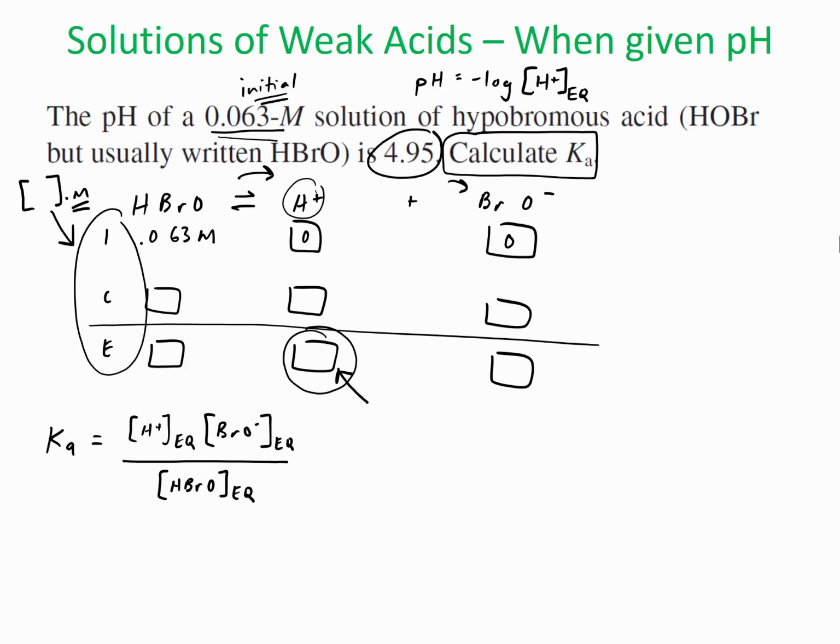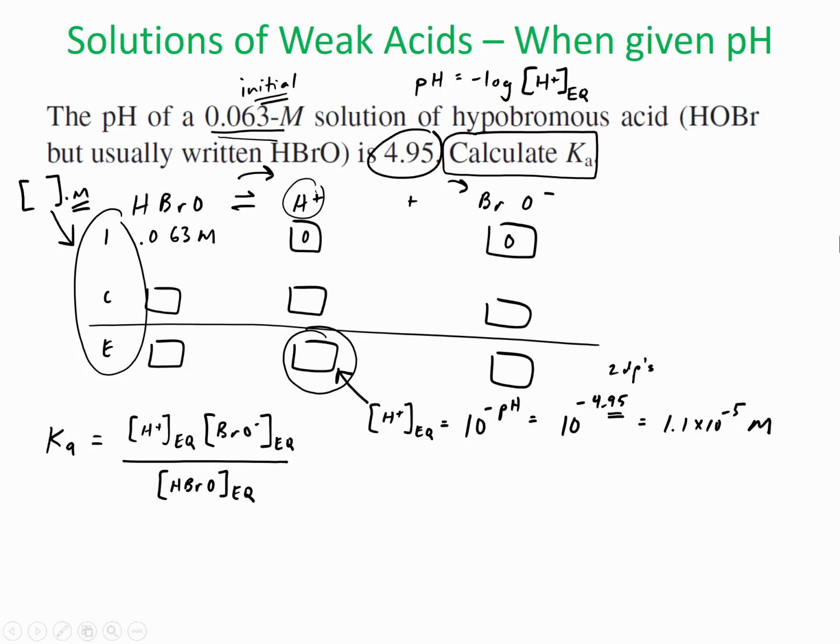So to get the hydronium at equilibrium, it's going to be 10 to the negative pH. So this would be 10 to the negative 4.95. We have 2 decimal places, so the result here should have 2 sig figs. If we enter that in our calculator, we get 1.1 times 10 to the negative 5th